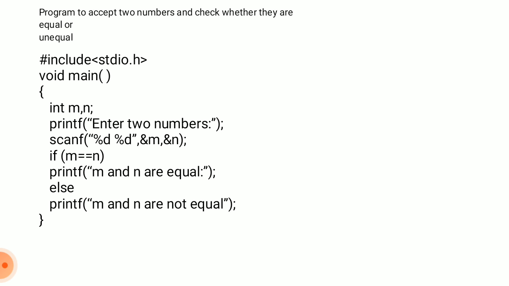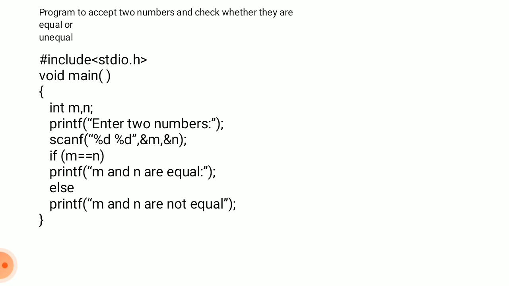m is 3 and n is 3. For the equal-to condition, two equal signs mean we are comparing the values of m and n. If there is only a single equal sign, it means assignment, that is the assignment operator. Here the condition is satisfied, so it displays printf "m and n are equal". It will not go to the else part because the condition is satisfied, so the first statement will be